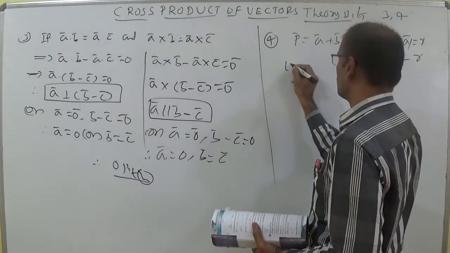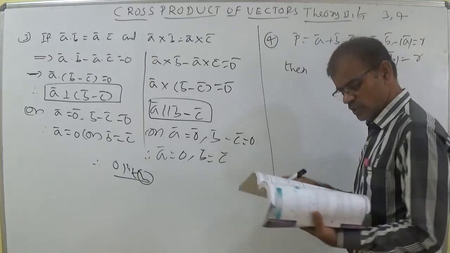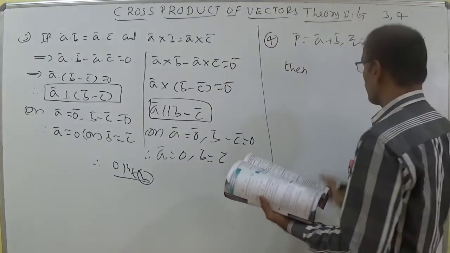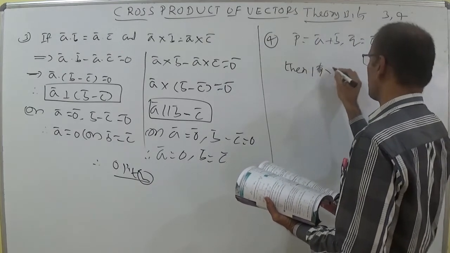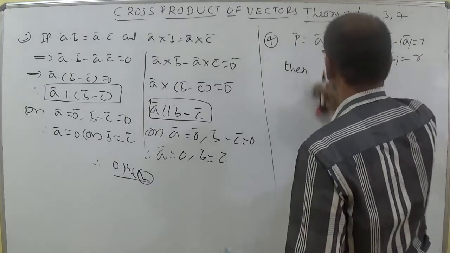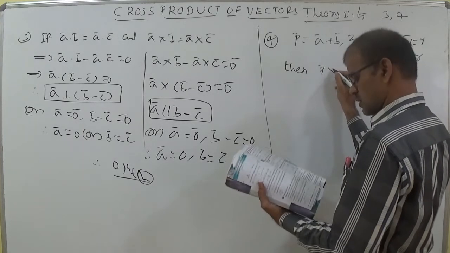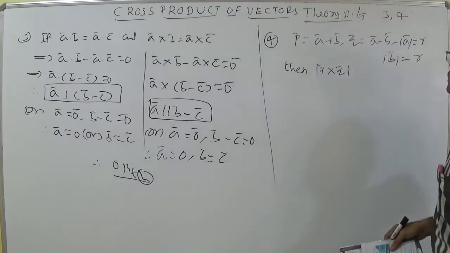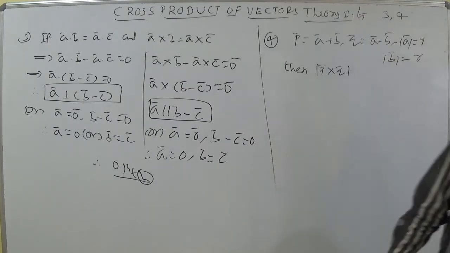You don't think the middle one he given as P cross Q is equal to B? It is wrong, and two thens are there. Strike off the two thens. Simply one then is there. Then what is then here? Then modulus of P bar cross Q bar. You should calculate the value of modulus of P bar cross Q bar using this P and Q. P bar is equal to A plus B, Q bar is equal to A minus B he given. Now you should calculate modulus of P bar cross Q bar.